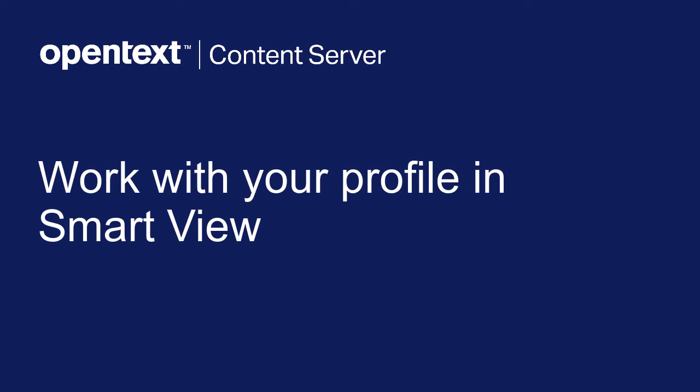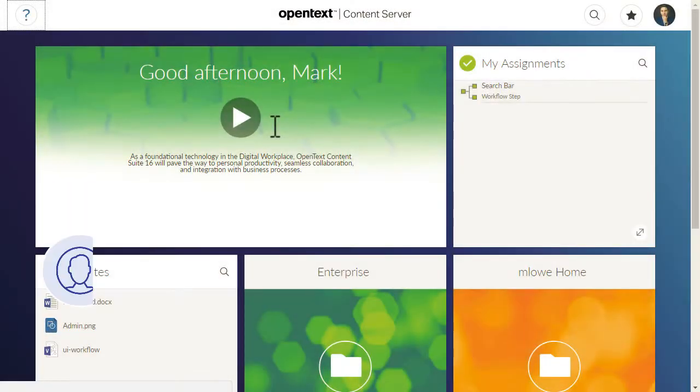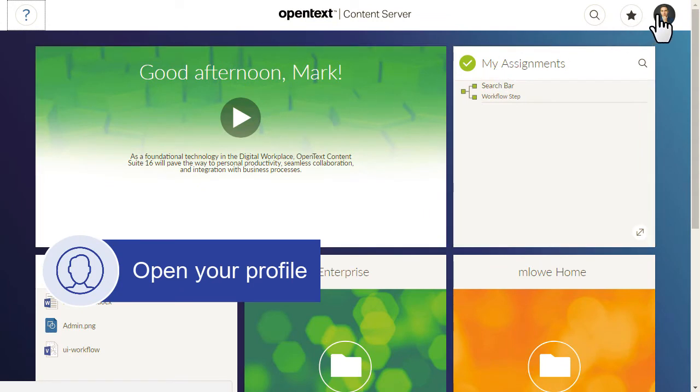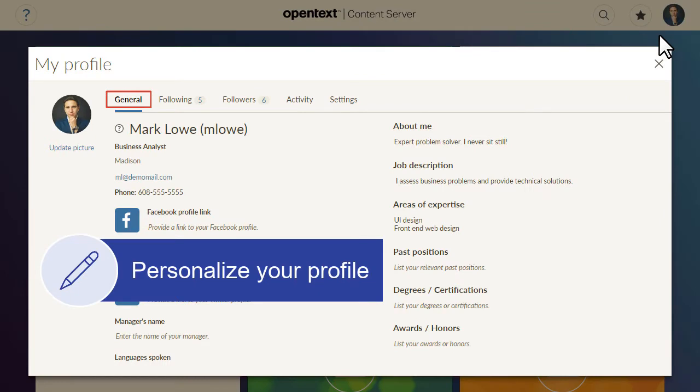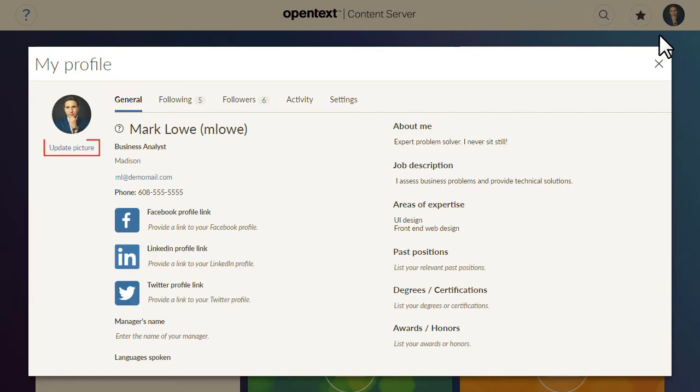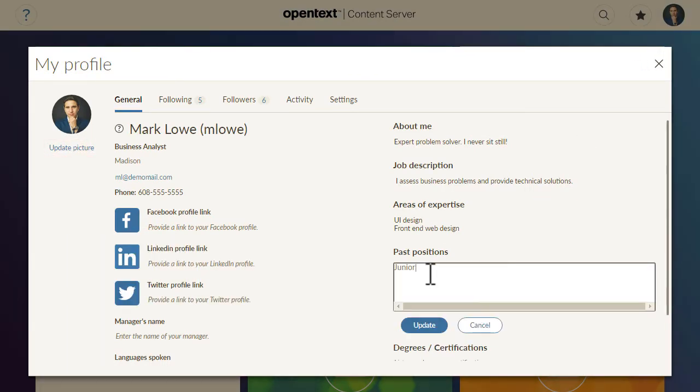This video will review what you can do with your own profile in Content Server Smart View. To open your profile, go to the header, click the profile image, and then click your name. On your General tab, you can personalize your profile by uploading or updating your picture and by entering other information